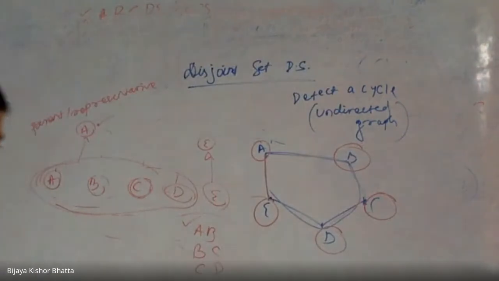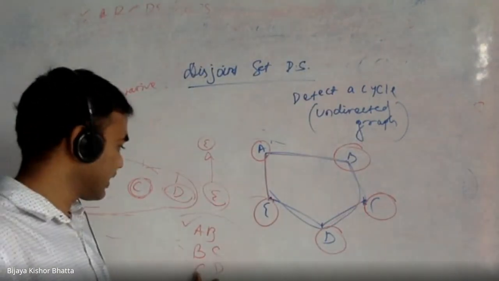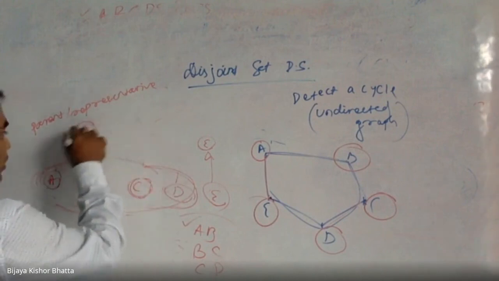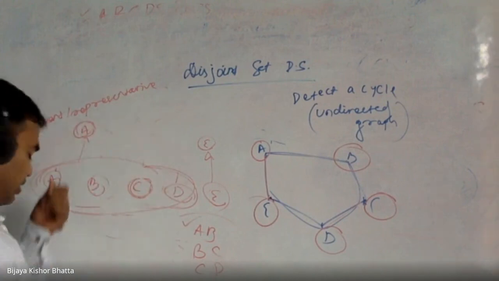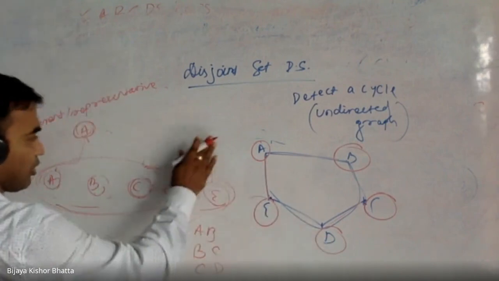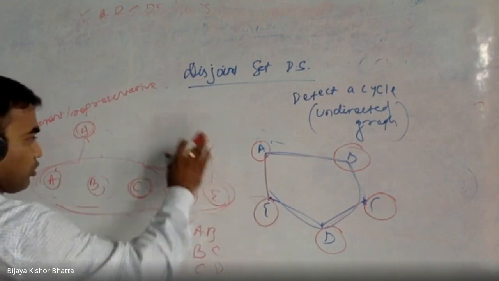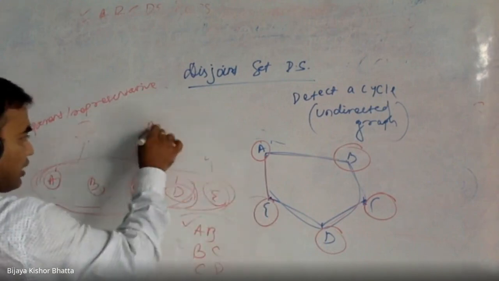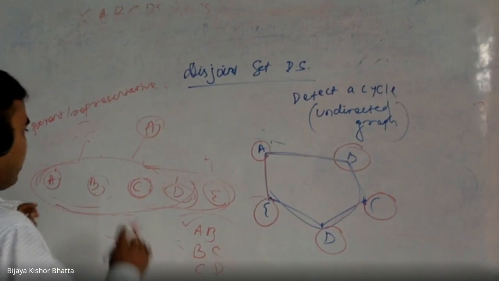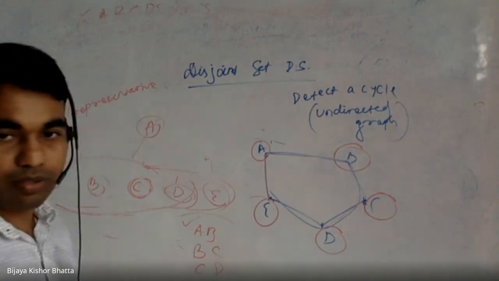Sorry about that. So what I was saying, suppose you are considering C D, then again C D will be one component, and the representative will be a single one, suppose A. And suppose E D you are considering, then they will have the same component. Now you will make either A or E the parent, that is up to you, but suppose I make A the parent.